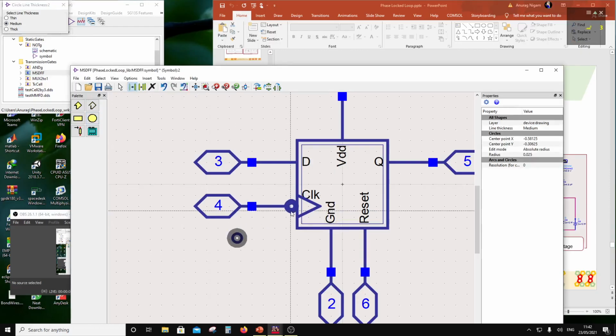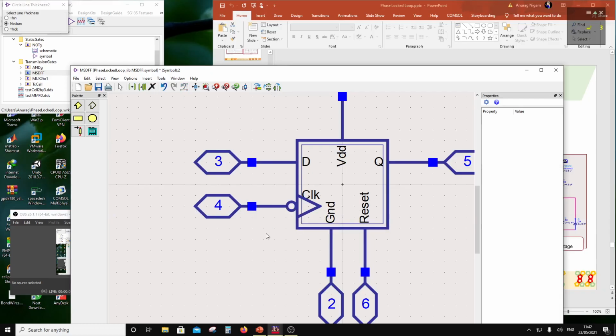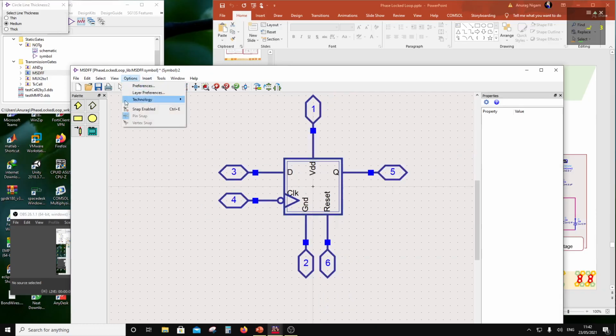Okay. So here I have got a master slave D flip-flop with the clear. Actually, this is not a reset, a clear. Let's see if this works. Right, if it doesn't work, then we don't need this reset. But okay,